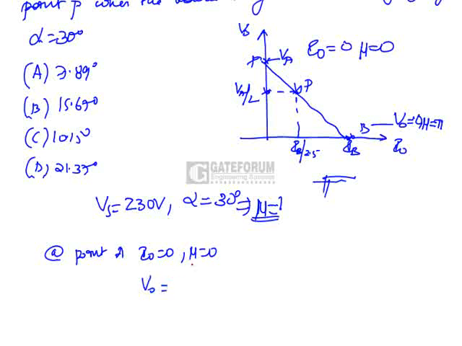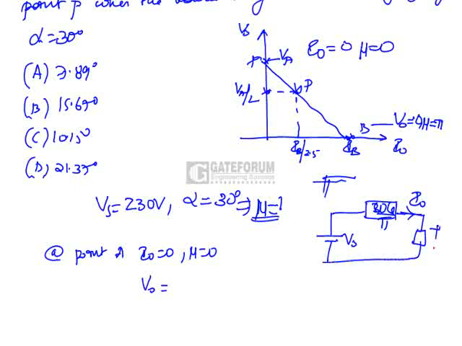Now what is the value of V0 at point A? You can draw the circuit like this. This is V0, and there will be a drop due to the overlap angle, omega Ls by pi, due to source inductance. The current flowing through this is I0, and this is connected across a load. The converter output voltage V0 is given as 2Vm by pi into cos alpha.